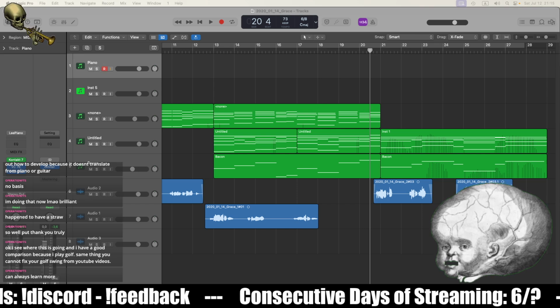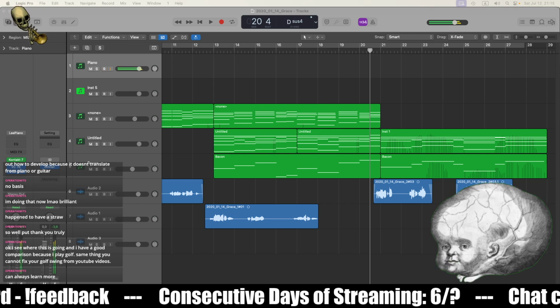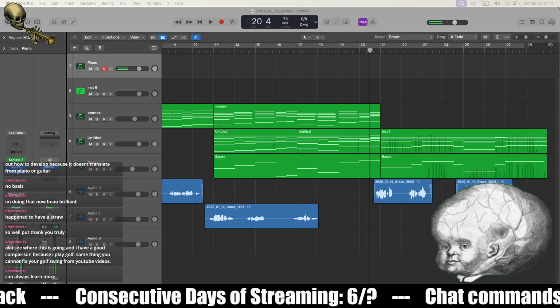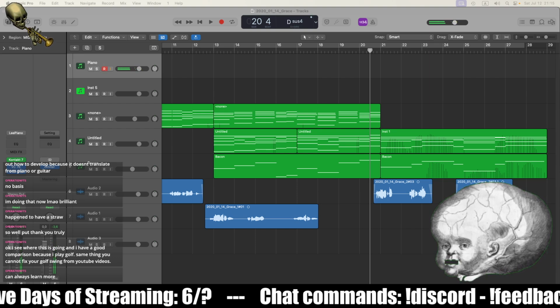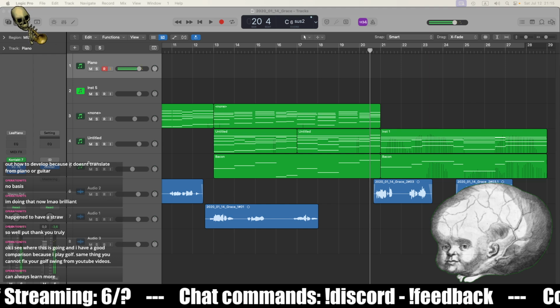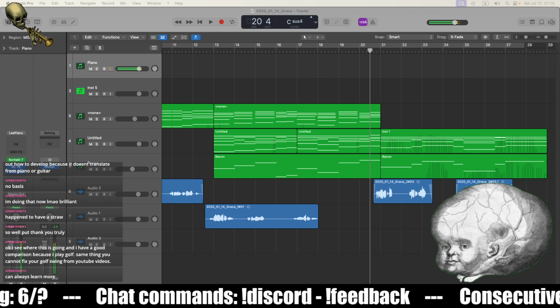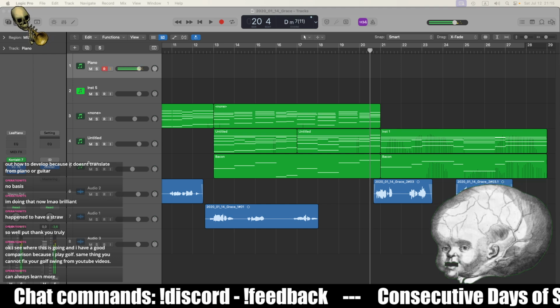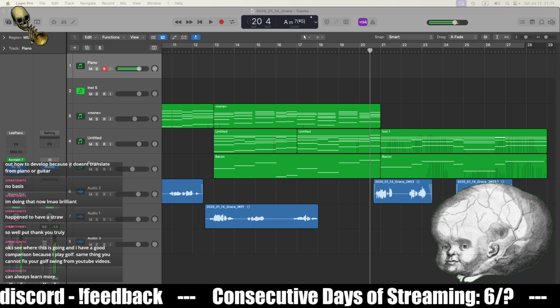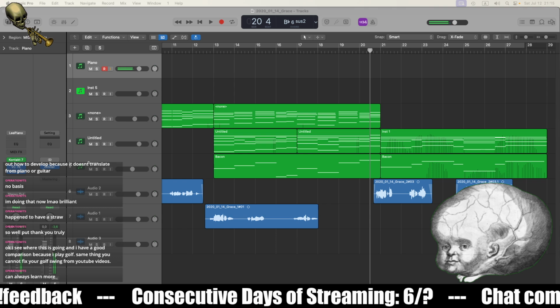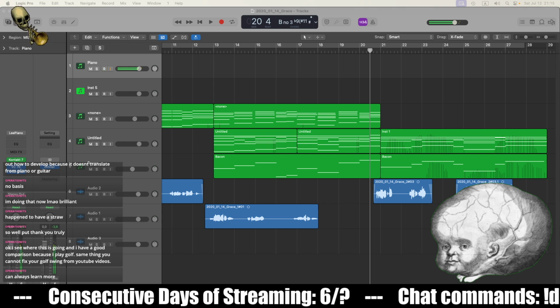And the other thing that I found out is 1, 4, 5, 8 chords. This one doesn't work.